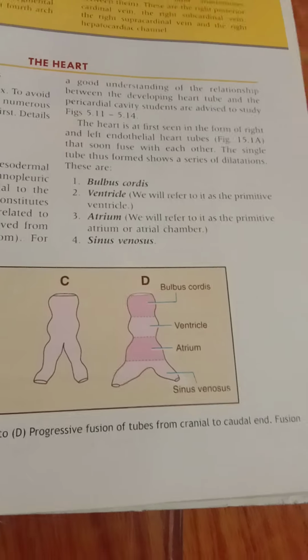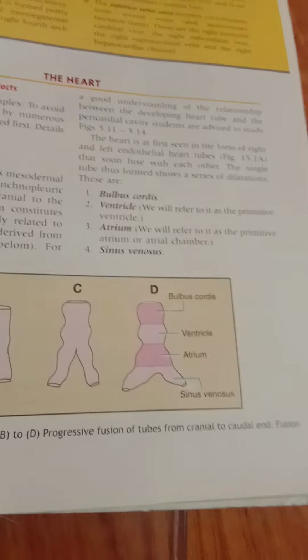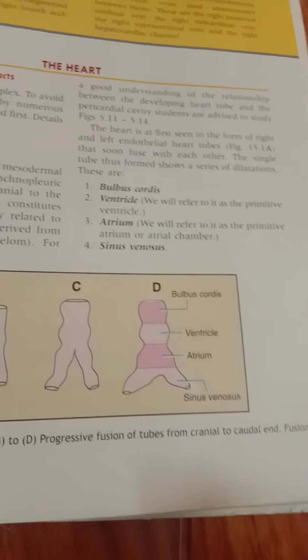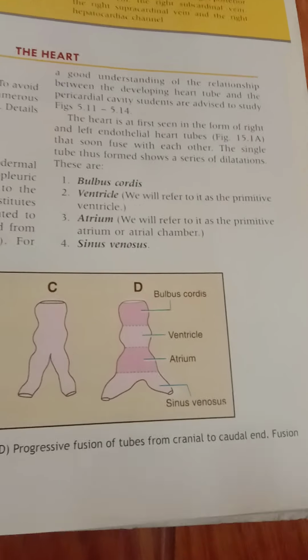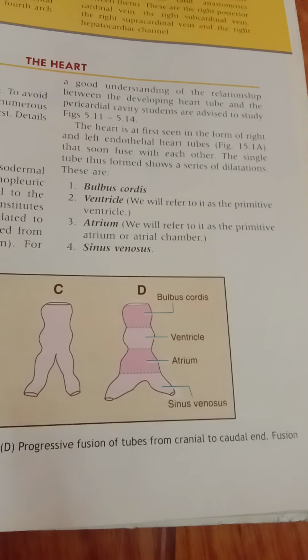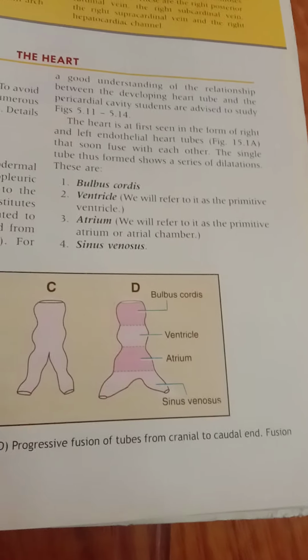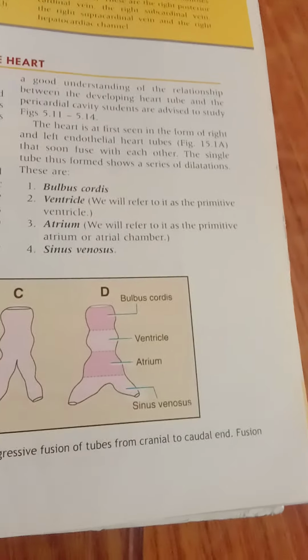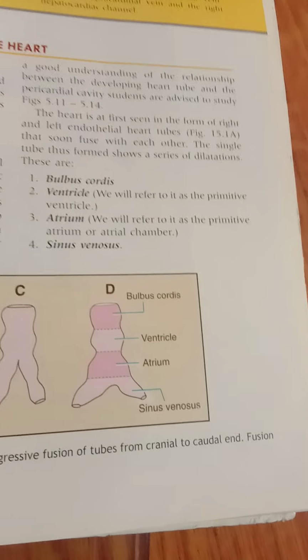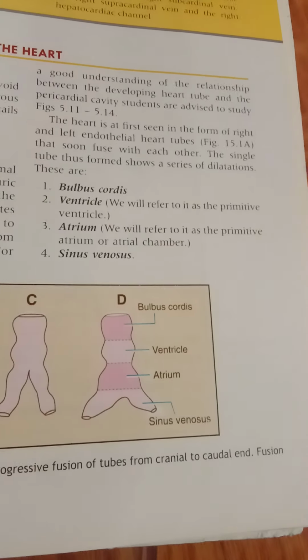So you know the intraembryonic mesoderm gives rise to our body cavities like the pleural cavity, pericardial cavity, and peritoneal cavity. If you remember, the pericardial cavity is in the cranial part of our horseshoe shaped embryo. So the pericardial cavity is mainly derived from the intraembryonic coelom, and the mesoderm gives rise to the cardiogenic area. This we need to remember.